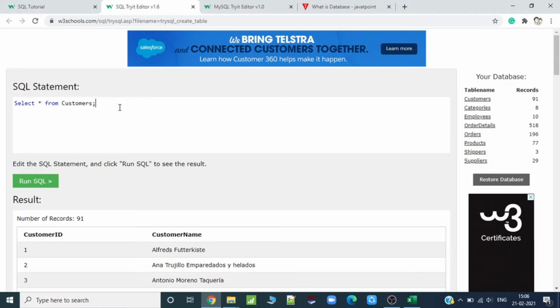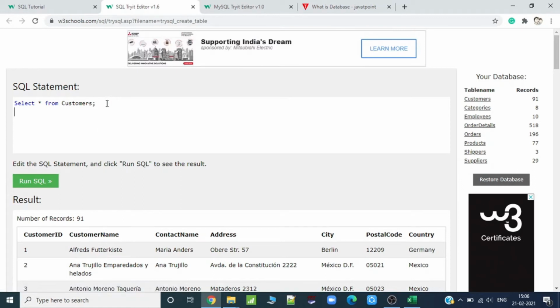And if you want to see only some particular columns, like address, comma, city, comma, postal code, you can write different columns from customers.